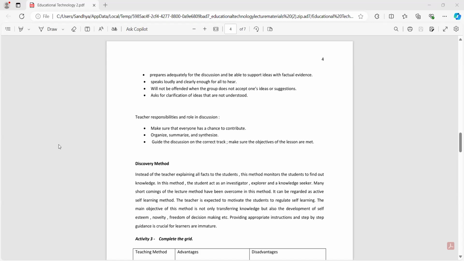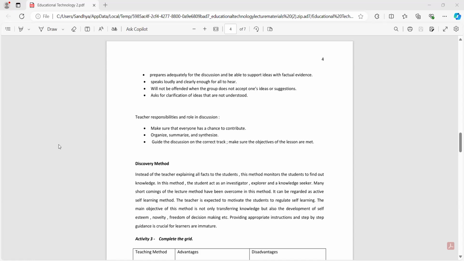Equal opportunities are given to all the students to contribute, without focusing only on the good ones, those who are very forward in the class, who dominate and go on talking. The teacher has to manage the class so that everyone gets a chance to discuss or contribute to the discussion. So what else? Second one,